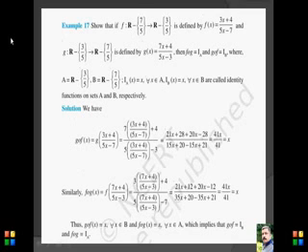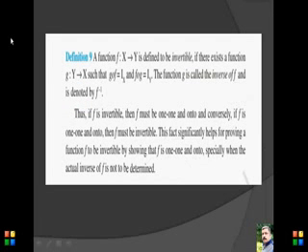Then g of f(x) is equal to x for every x belongs to B, and f of g(x) is equal to x for every x belongs to A, which implies that g of f is equal to I_B and f of g is equal to I_A. So this is the solution about this question. Next, this is an important definition.